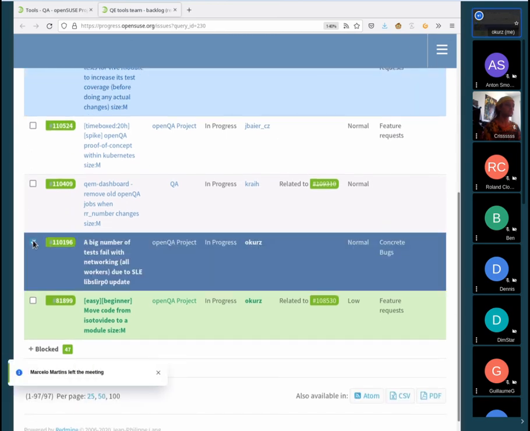And yeah, there was actually a SLE maintenance update regression in libvirt, which was also visible on Leap. This is why I'm mentioning that, because when running, for example, the o3 infrastructure on Leap, we were also affected. Suddenly a big number of tests, not all of the tests, but a big number of tests failed due to some network related problems, that QEMU machines couldn't access any external network anymore, and therefore openQA tests would fail because they couldn't access the network.